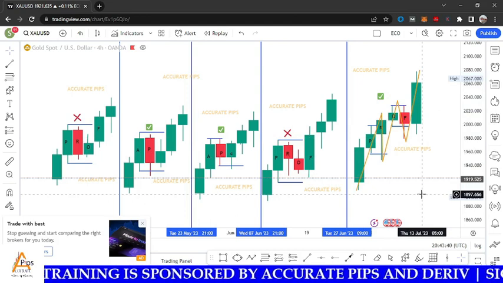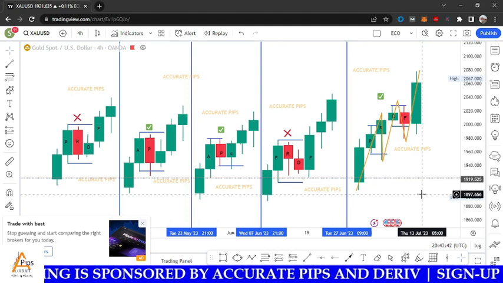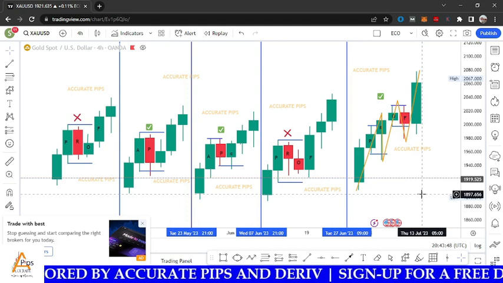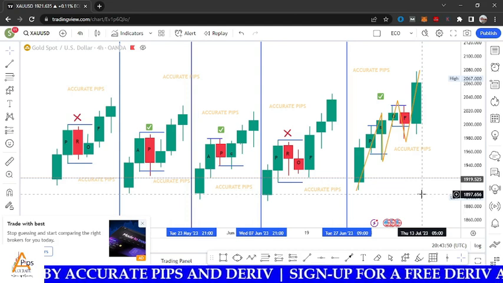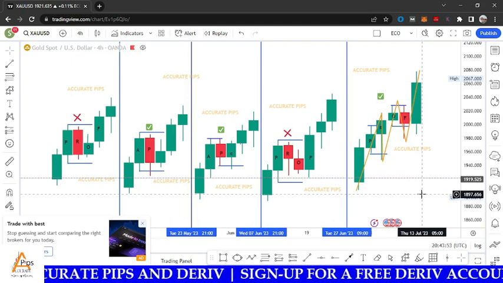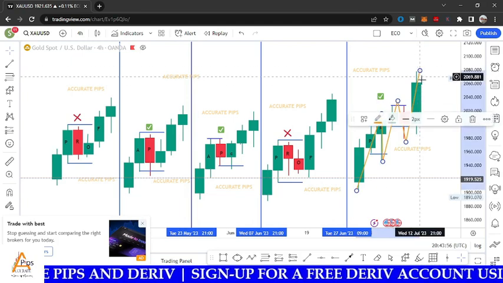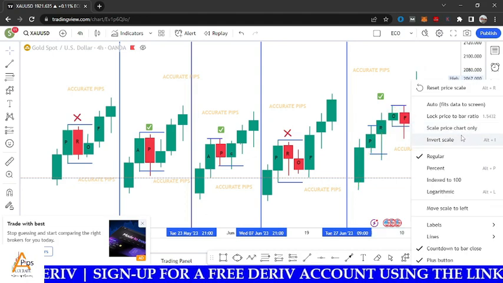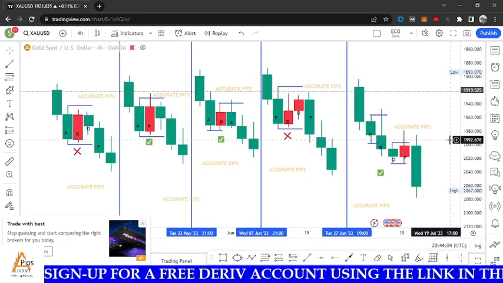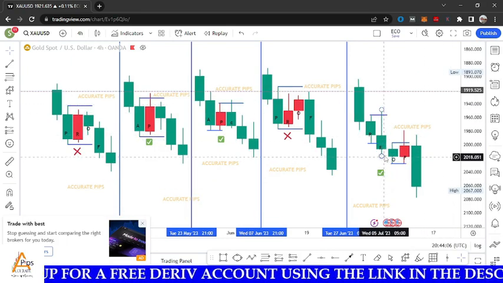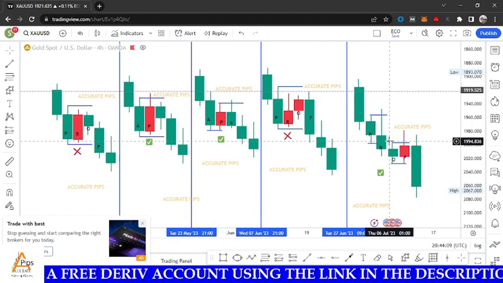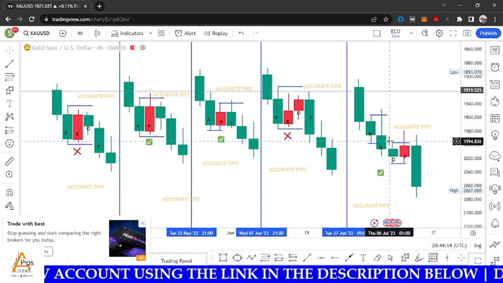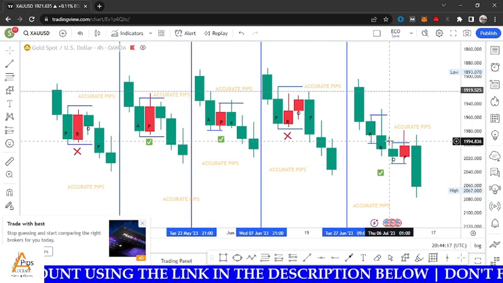Once again, when we are bullish, the market must take the low of the previous candle to confirm a valid pullback. With that said, let's look at the reverse, that is the bearish market. Now, one thing you have to note here is, since we said when we are bullish, the market must take the low of the previous candle to confirm a valid pullback,